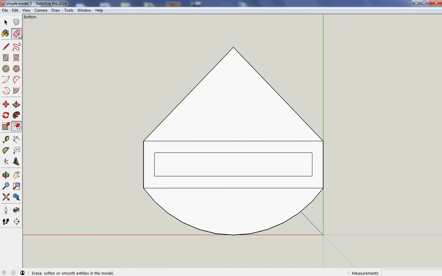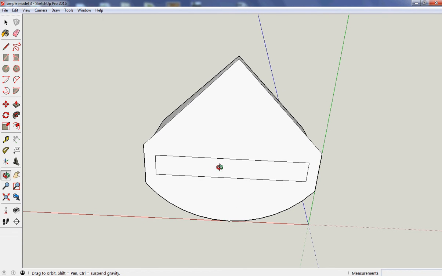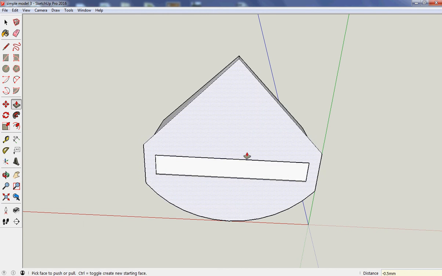I'm going to delete those two lines and just put those in for guides, and I'm going to angle this a little bit just so I can make sure to see what's going on, because what I want to do is extrude that upwards. If I just put the lettering on the bottom, it'll make the stand wobble when it sort of stands on top of the lettering sticking out. So I want the lettering sticking out. What I need to do is put a little dent in there first. So click on the push tool and I push up, and I'm going to put that in 0.5 millimeters,